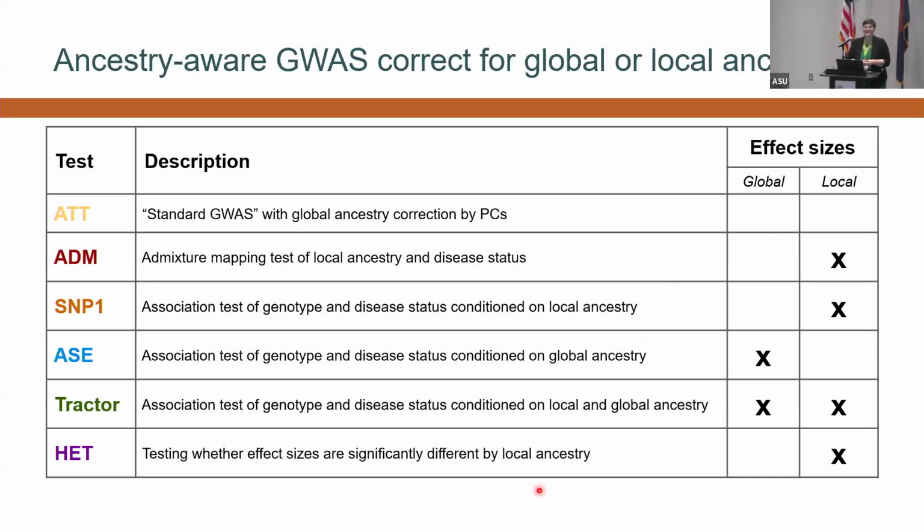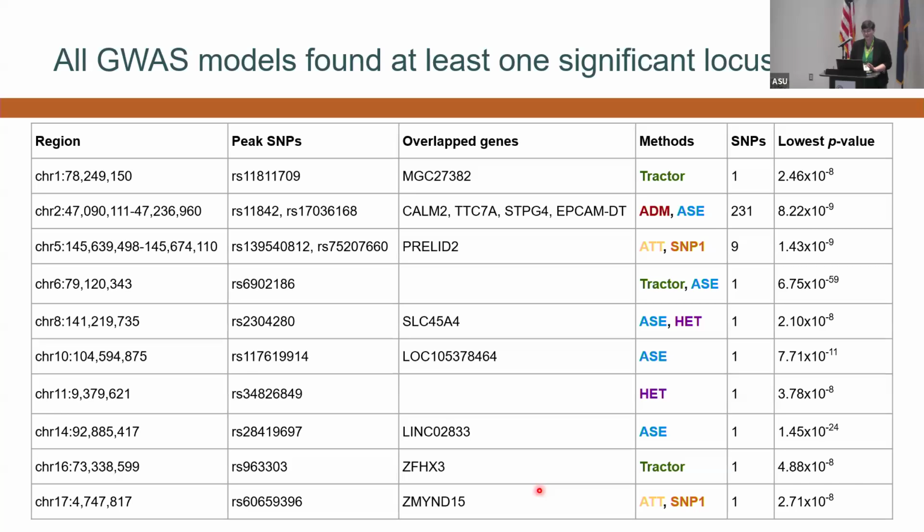Okay, so we finally got to the GWAS methods. We used these 6 different methods that are implemented by a kit called Admix Kit, which uses either global or local ancestry to correct for these differences in populations so that we can use all of our samples at the same time to search for common variants. And again, I don't have time to go into all of them. I'm just going to go into one result. I'd love to talk to you after this about more of the results. It'll just take longer to step through.